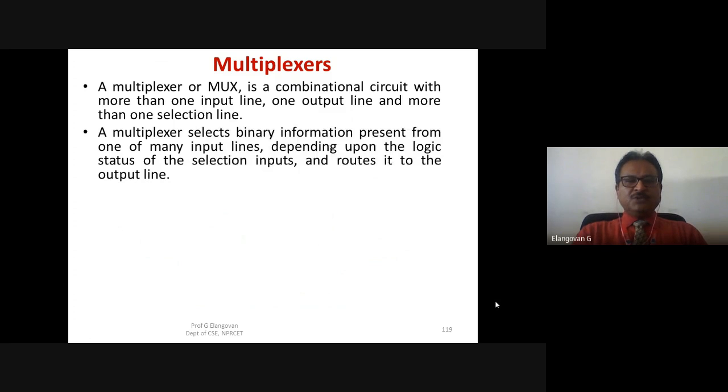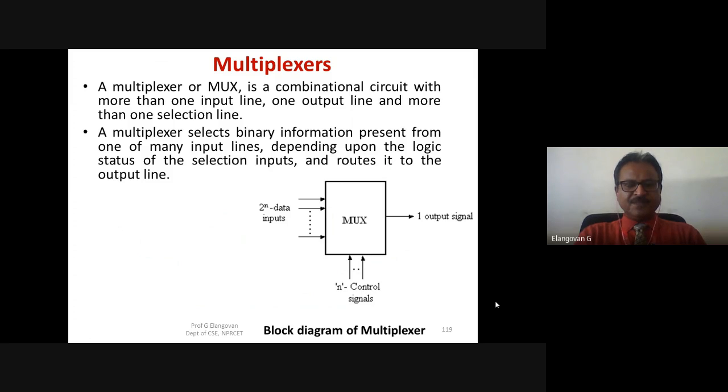To select which line is to be connected with the output, there is a select input. That select input connects the input with the output. So it's a router, the select signal acting as a router. The circuit symbol block diagram is represented like this, and there can be n number of select signals or control signals.